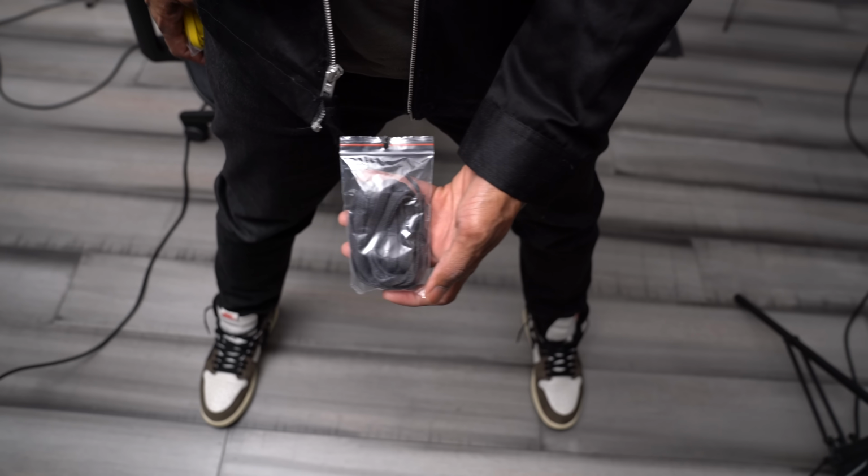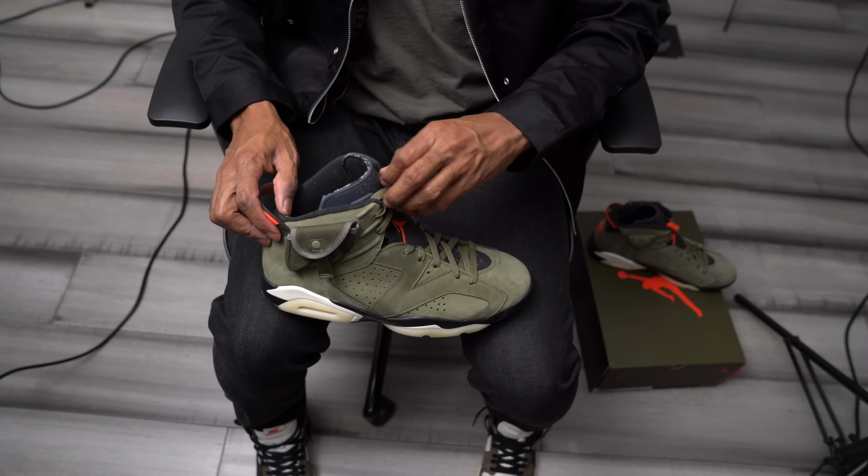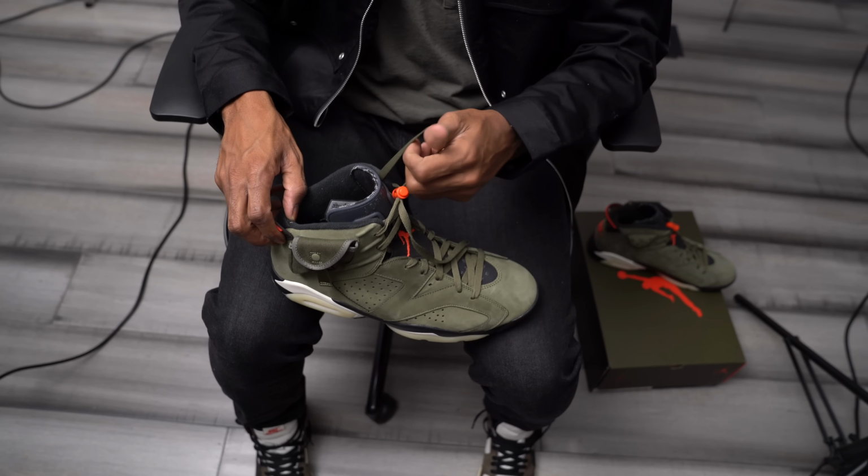I imagine I'll only rock with the charcoal or medium olive laces. I don't see myself pulling off the yellow pair, but I guess you never know. Speaking of not knowing, there was no way that Tinker would have known that Mike would go off during this